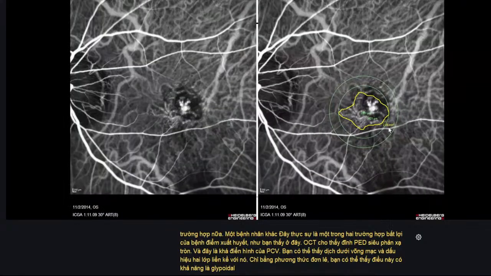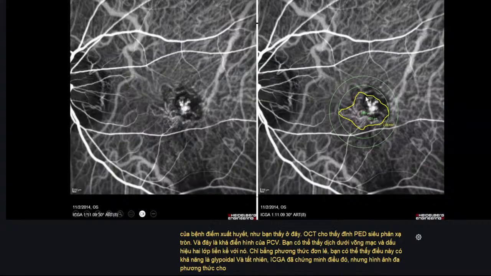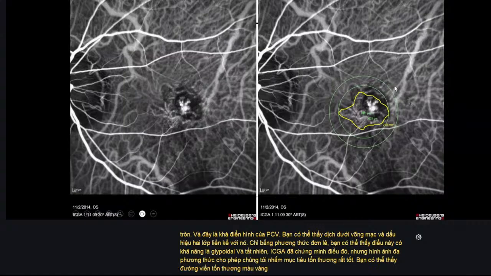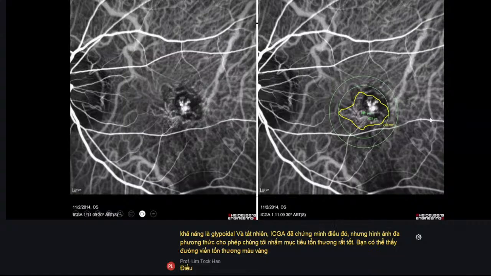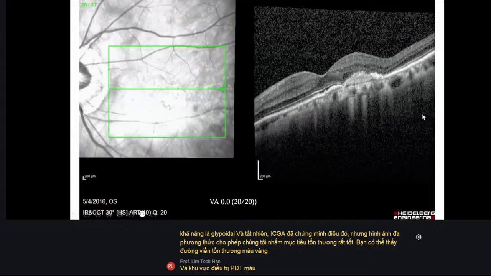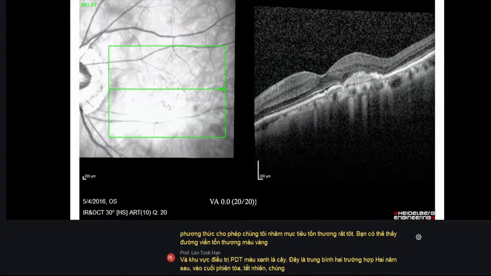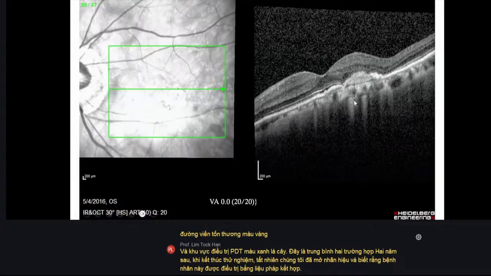And of course, ICGA did show it, but multimodal imaging allows us to target the lesion very well. You can see the lesion outline in yellow and the PDT treatment zone in green. So this is an Everest 2 case. 2 years later, at the end of the trial, of course, we then open label. We know that this patient was treated with combination therapy, and the patient was 20/20, right, despite having PDT over